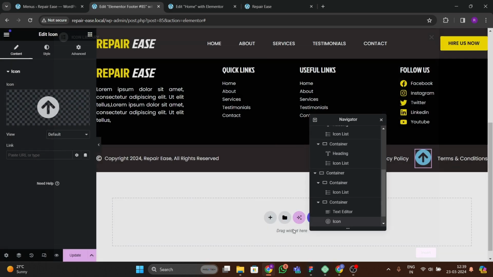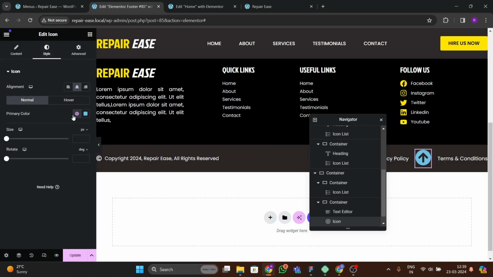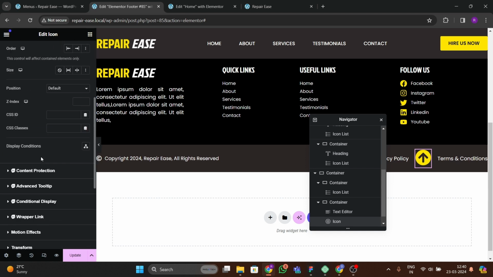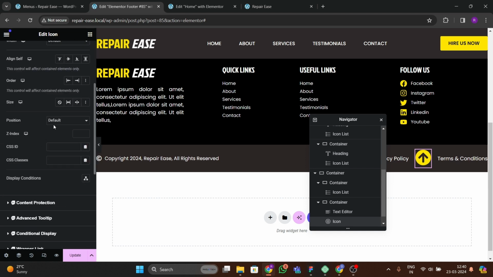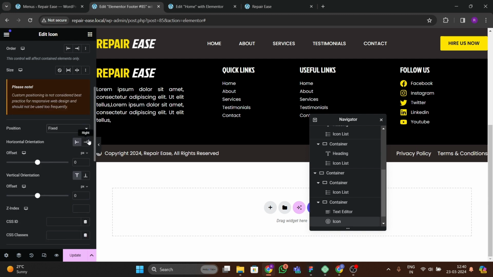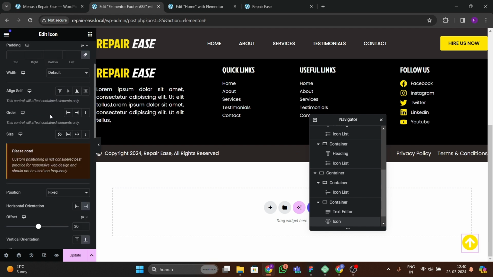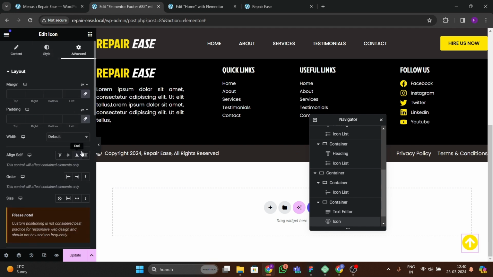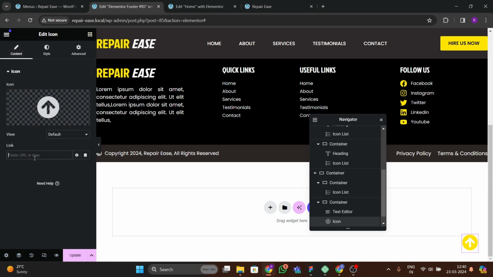Suppose I choose this arrow, top arrow, and go to styles and make this yellow. Go to advanced, and just you have to make this position fixed. Make this fixed in the right bottom, so it will be come here. Just add 30 and 30. Okay, so just go to here in the links, you have to just give it here hero, and let's update